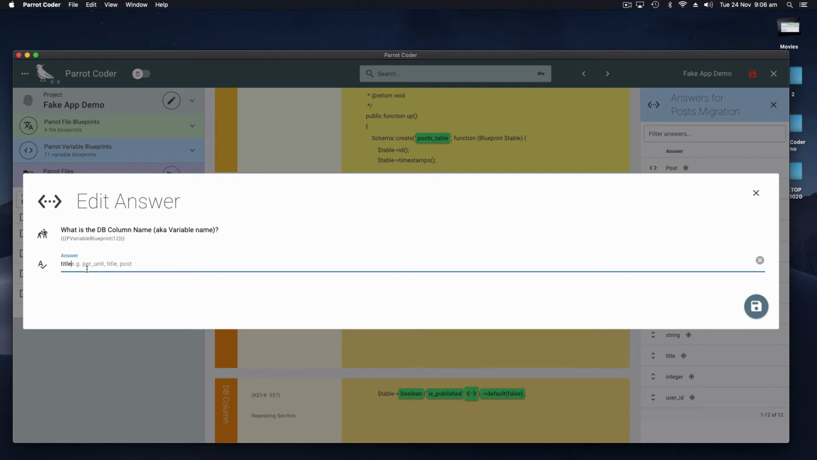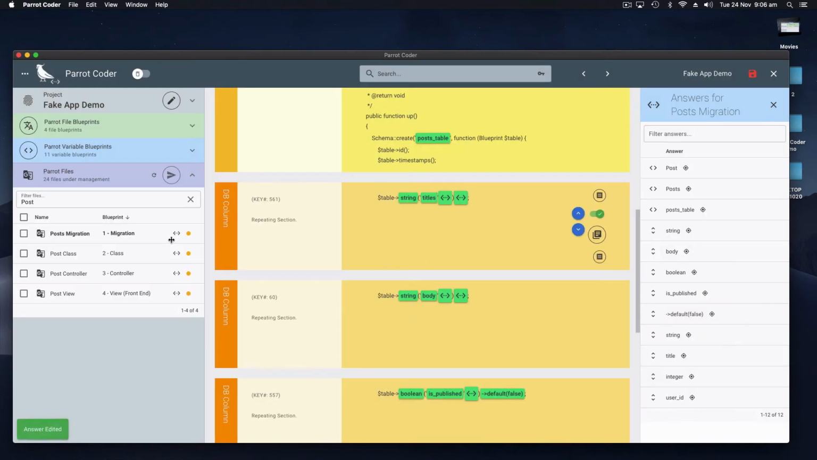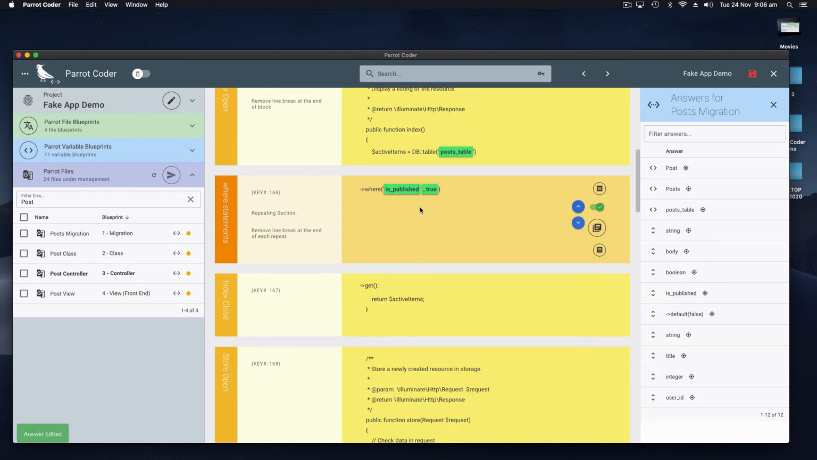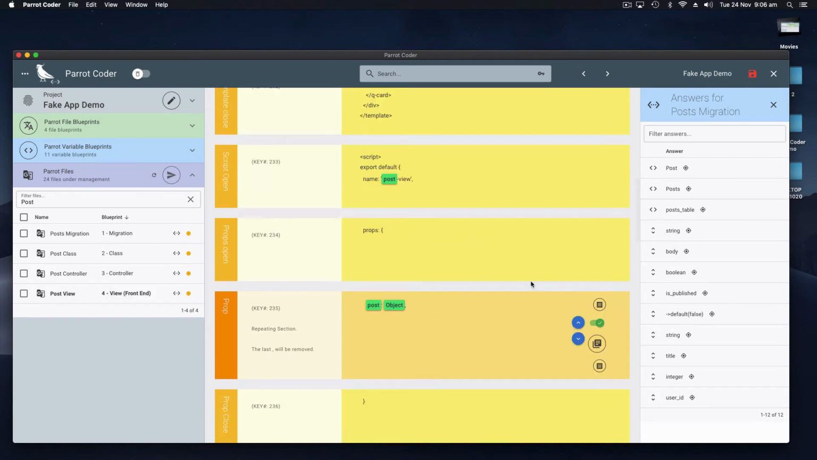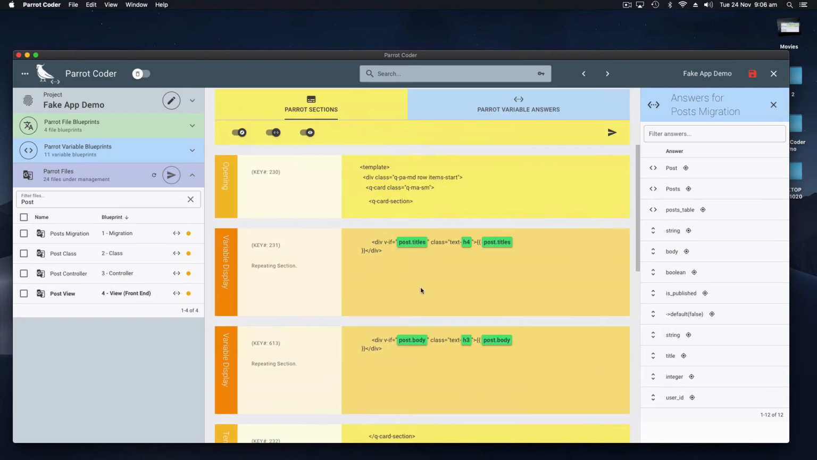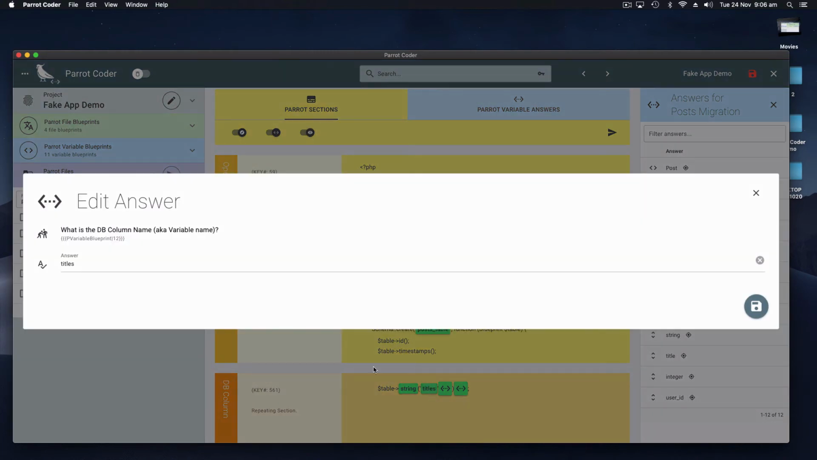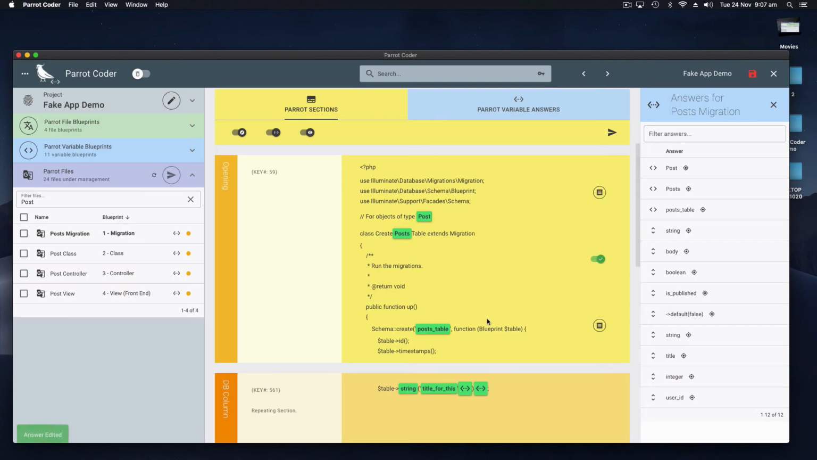So again, if I then want to change the name of title to titles plural, it automatically changes it there and there and there. So that's just another thing that you can do with the Parrot Coder. There's every sort of alternative to the case conversion you could want. Title for this is very useful when you've got a front end and a back end that are